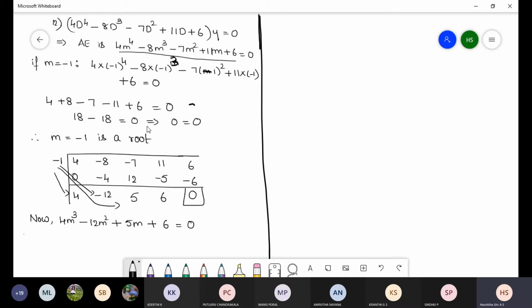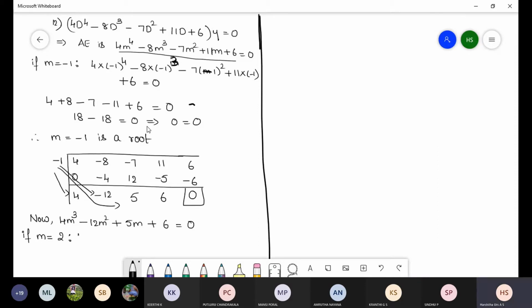So here also we have to use the trial and error method. Here if we put m is equal to 2. In the trial and error method, you have to check with every number. We can start with minus 1, 1, 2, minus 2 like that. In the calculator also you can find out for which root we will get the factors.